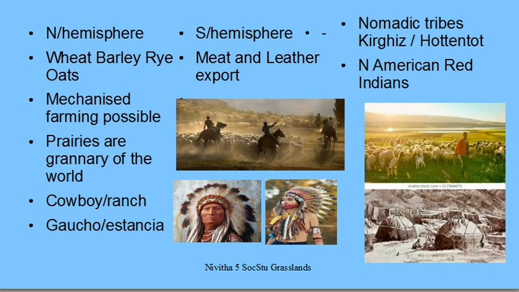They ride on horses and manage the cattle. In South America, in the Pampas, they are not called cowboys, they are called gauchos. And the ranch is not called a ranch. In North America it is called a ranch, but in South America it is called an estancia. So gaucho and estancia in the Pampas, the cowboy and ranchers in the prairies take care of the cattle breeding